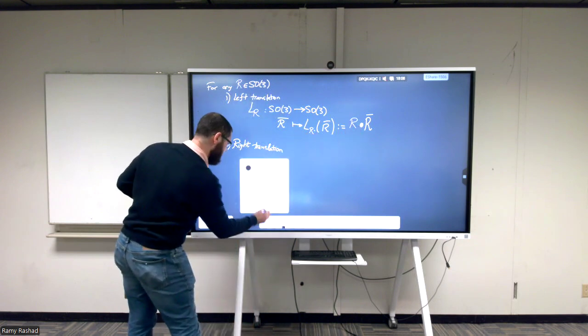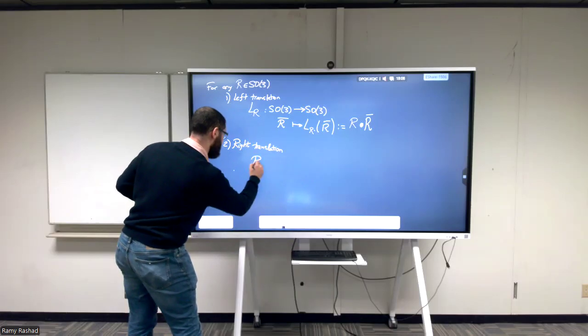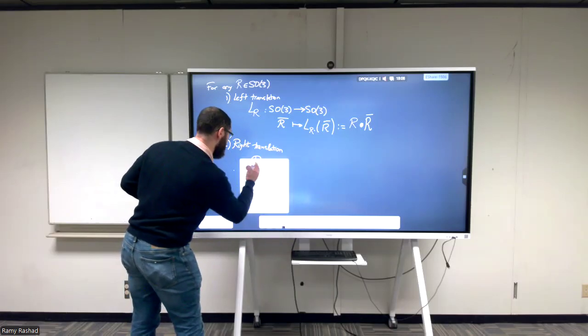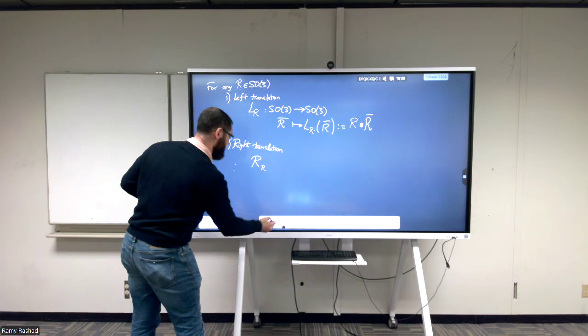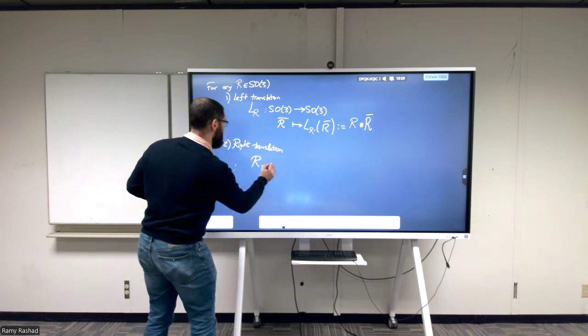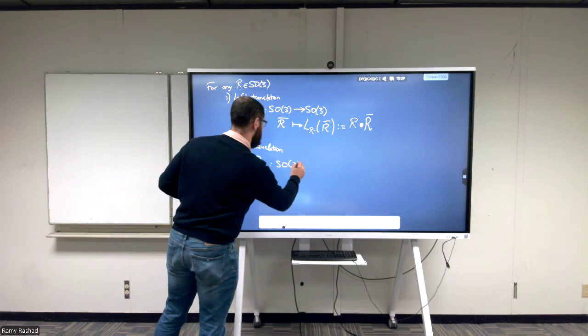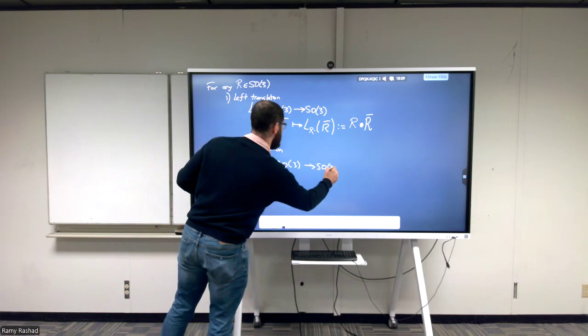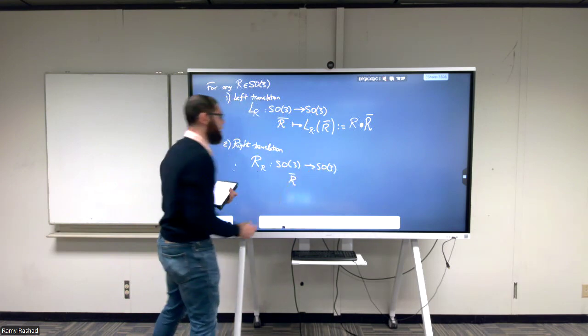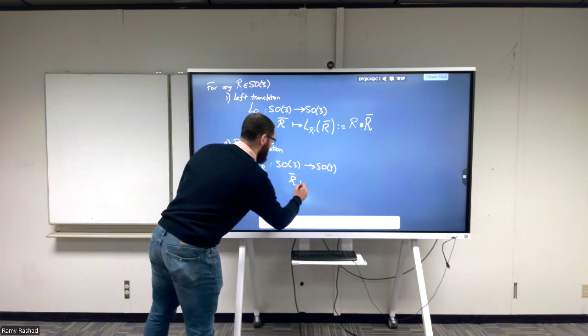Then we have here the R, which is a map SO3. SO3. It will take some R bar and it will map it to